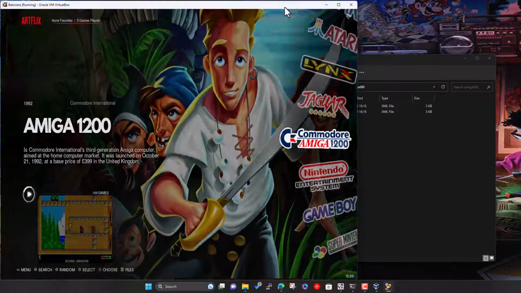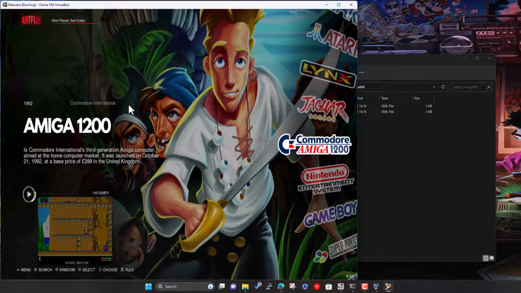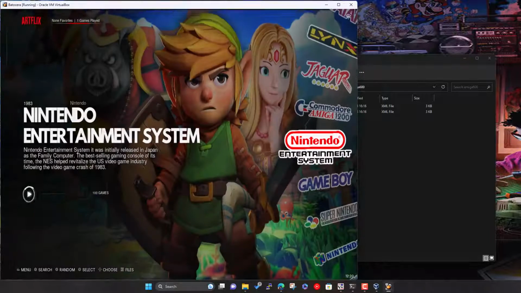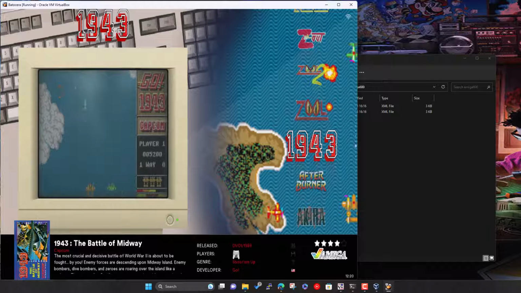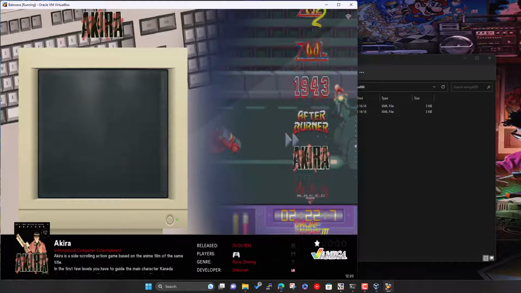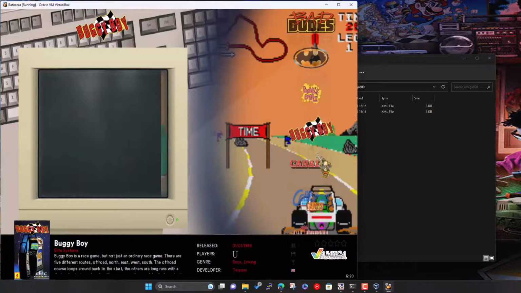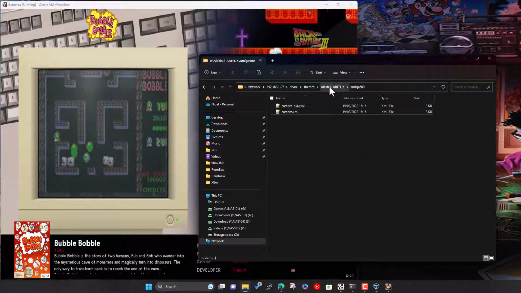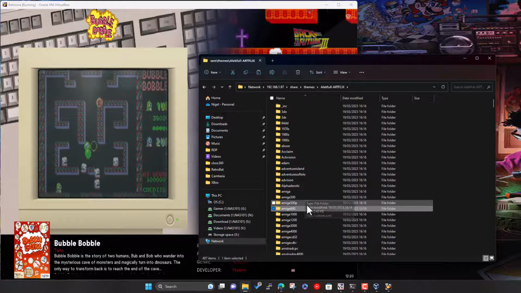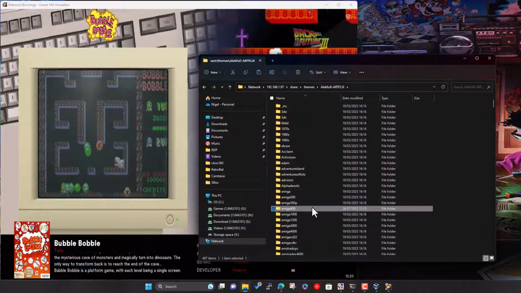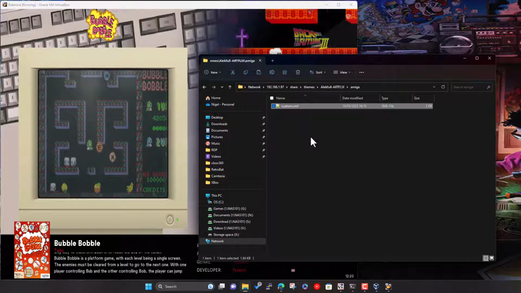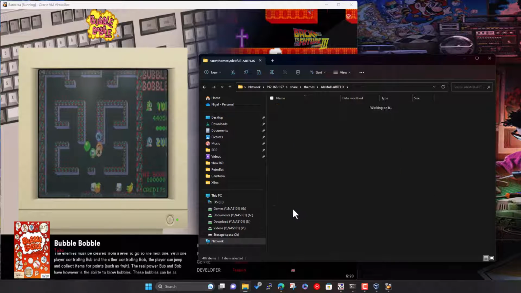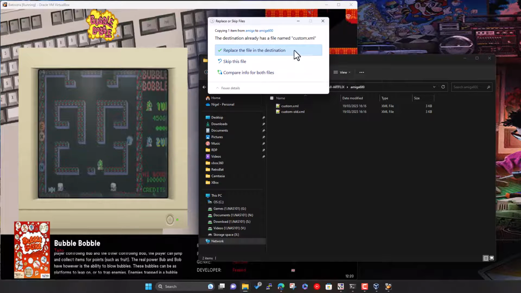So there we go. So now it says 1200. It's got the right text on the left hand side. But like I say, if you want to make it generic, if you do add Amiga 500 or 600 and stuff later, it's going to group it all under this one location. So rather than replacing 600 with 1200, there's an Amiga folder here, which again, you could just take that custom one, plonk it in here, and overwrite that,